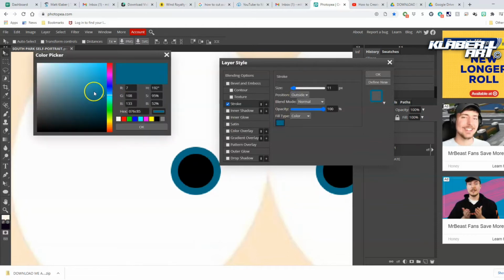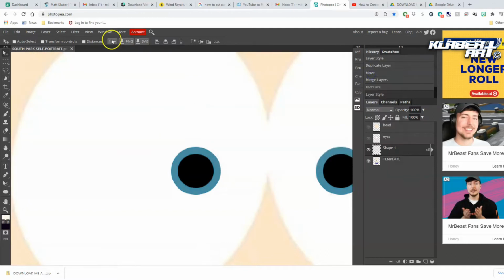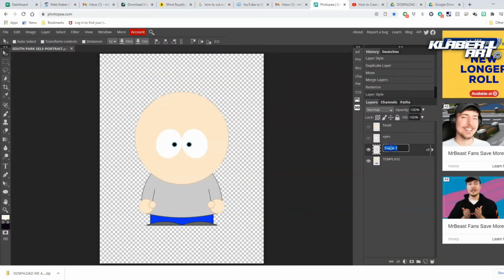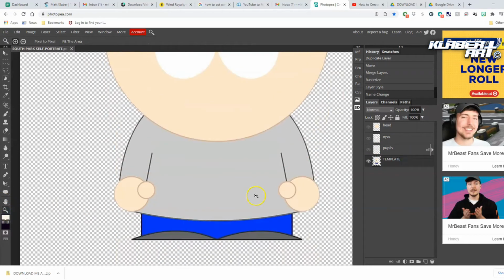And then maybe I don't like this color. I want to go a little slate grayish. Hit OK, hit OK. So there's your eyeballs, your pupils. And then View, Fit in Area just to see where everything is. You can even change the name of that layer to pupils. Turn the eyeball off and then go back to the template. And now we're going to do